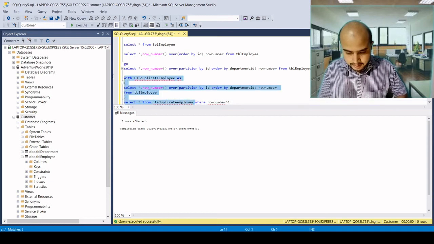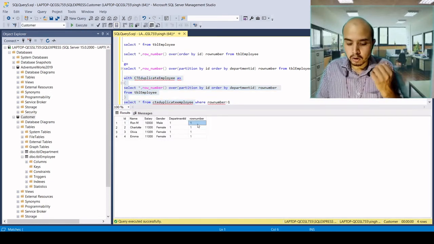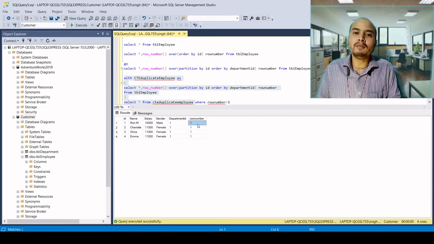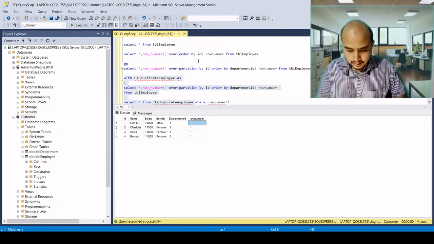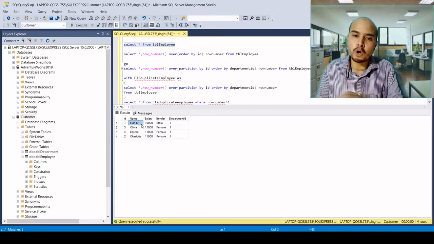Here we have only the records that have row number 1. Now you will have only 4 records in the database, because all 5 duplicate records in the table were deleted. Now you have unique ID numbers 1, 2, 3, and 4 in the table.